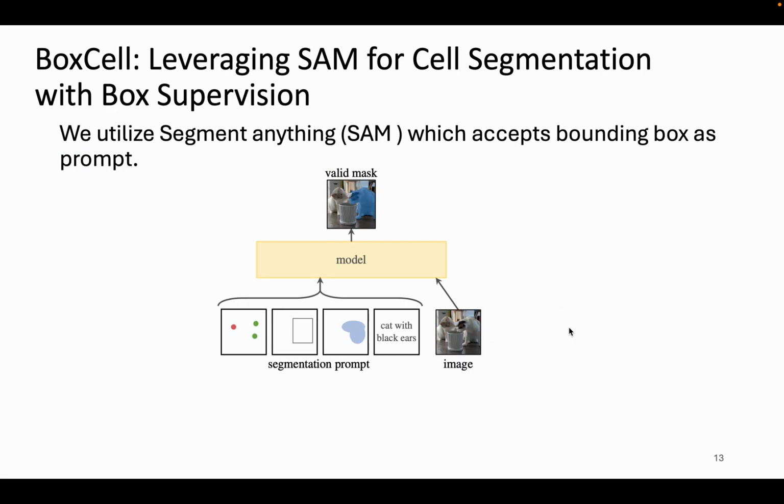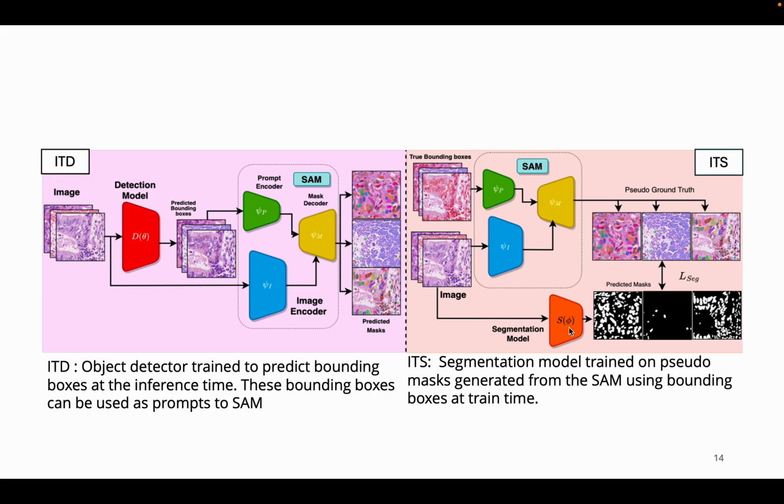Additionally, I have worked on box cell, that is leveraging SAM for cell segmentation with box supervision. In this problem, we have used a bounding box to get the segmentation mask. So this paradigm is basically a weak supervision paradigm. There are two components, ITD and ITS. In ITD, there is a detection model which predicts bounding boxes, and those bounding boxes are used to predict segmentation mask. There is ITS where you have a segmentation model which predicts segmentation mask